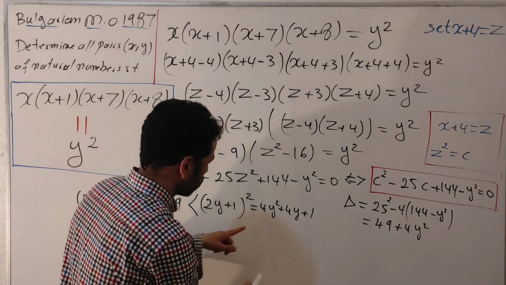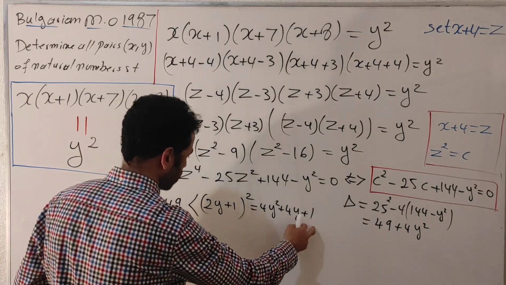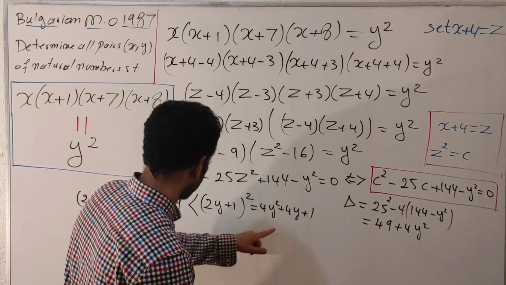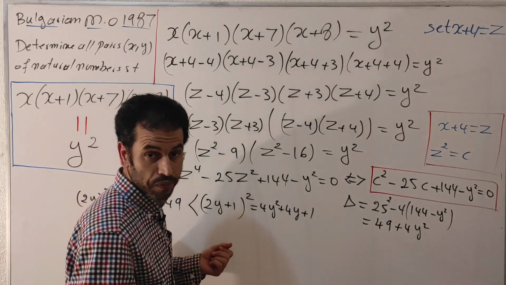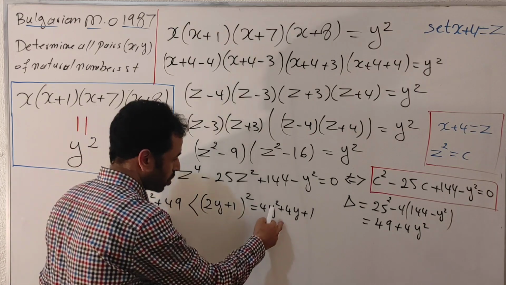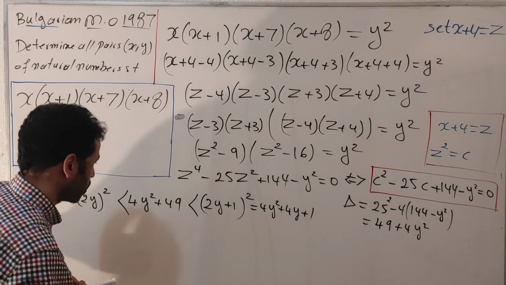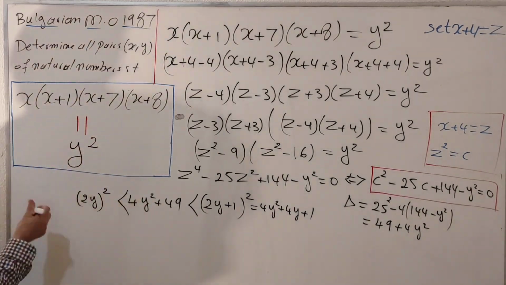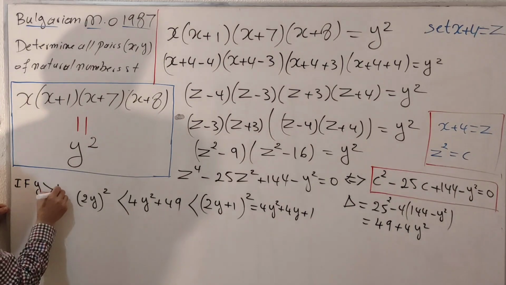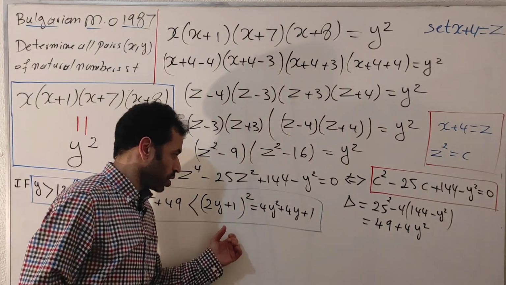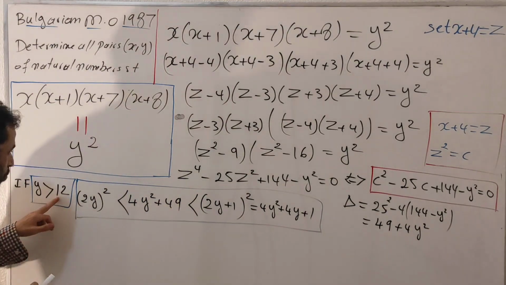Okay, so if you take 2, that doesn't work, 3 doesn't work, 4 doesn't work, and all the way down to 12. If you plug number 12 here, you get the same, and this one is equal to this one. If y equals 12, to have this one strictly inferior to this one, y must be strictly superior to 12. That means this inequality holds if y is strictly superior to 12. So what does that mean? That means this one is not a perfect square for all y strictly superior to 12,